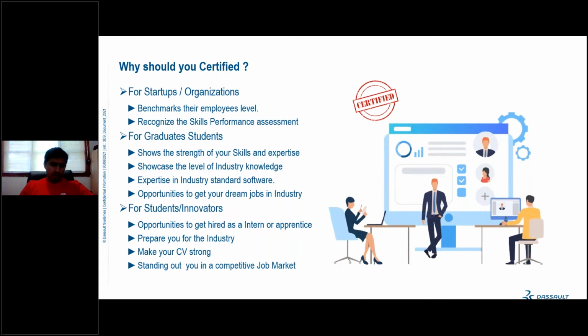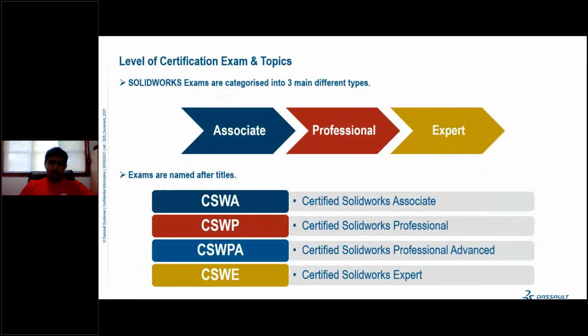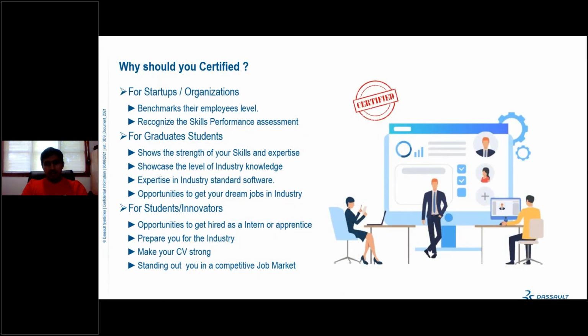If you're running any design industry, like a design studio or something like that, and your employees have various certifications in SOLIDWORKS, then you can easily say that all your employees are certified SOLIDWORKS experts, and that represents your level, so you can benefit from another company, like for getting orders for design, research and all those things.